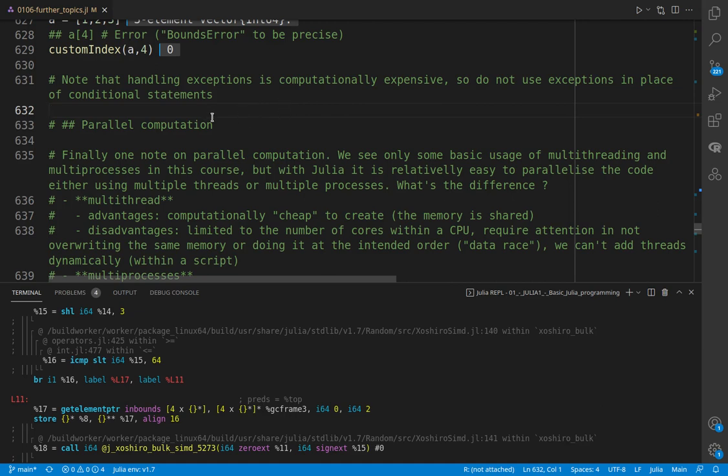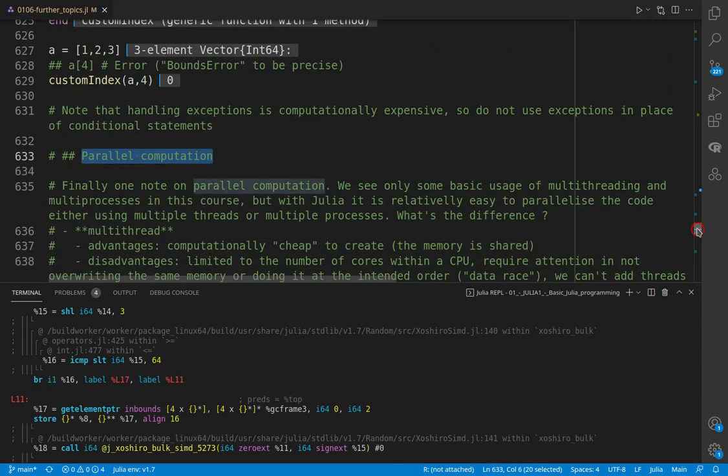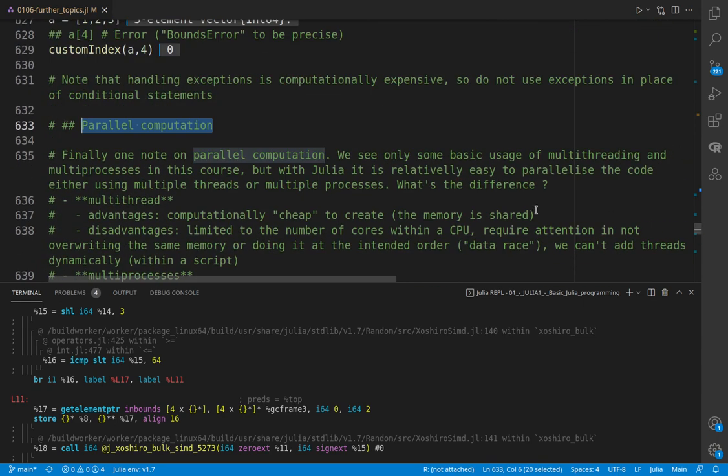We can now go to the final topic of this long list of various items and just give a short introduction to parallel computation. This is a huge topic that would take a whole course on its own. So what do we mean by parallel computation? Well, as the name says,